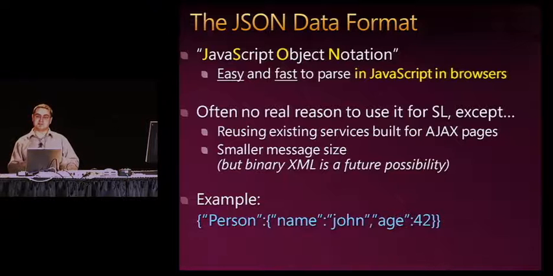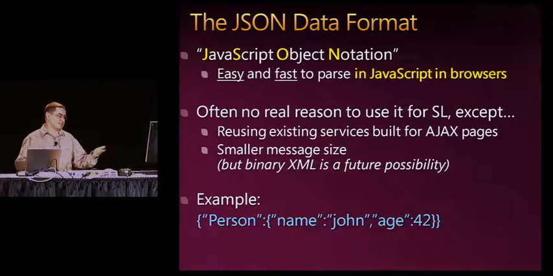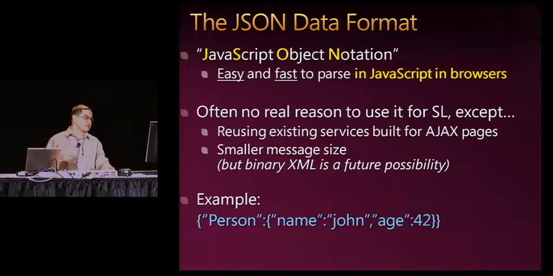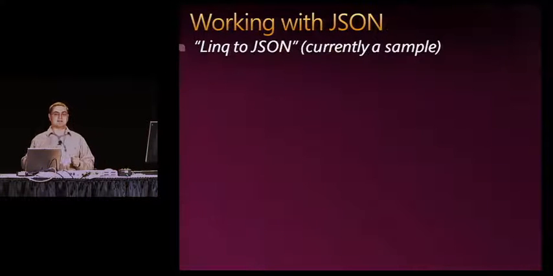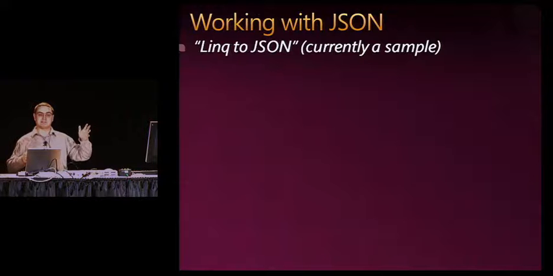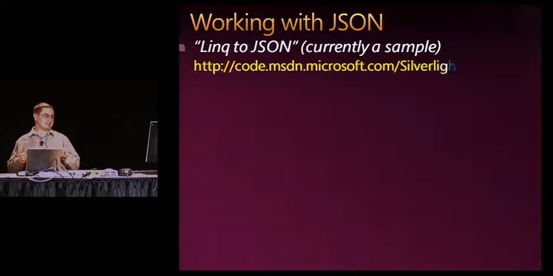We are thinking of shipping binary XML support sometime in the future to address the message size issue, but it's still not there, and certainly not there for the beta. And so message size is another reason to use JSON. And so it turns out that JSON is important. And just like with XML, we have kind of two ways of accessing JSON. One is, and it's currently just in a sample and prototype stage, and it's at that same place,